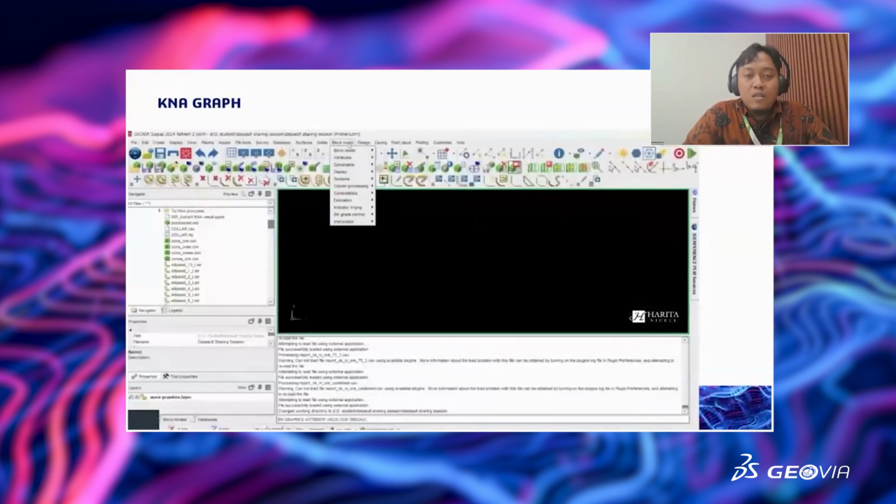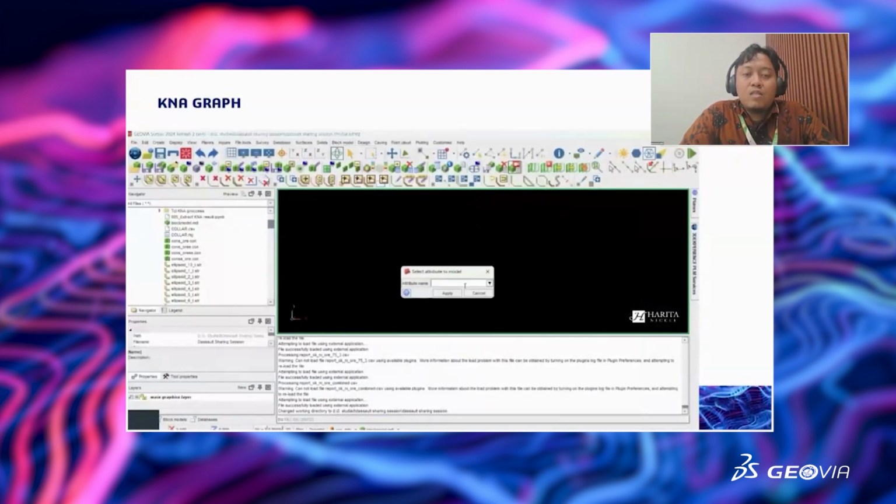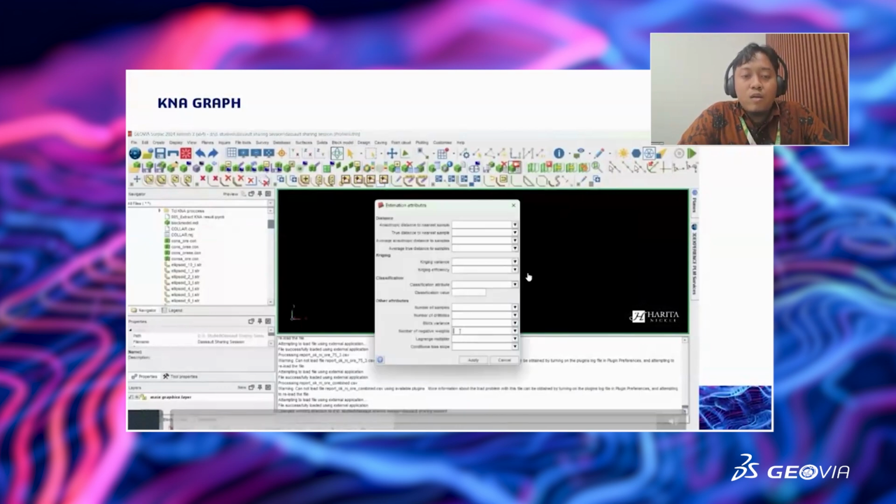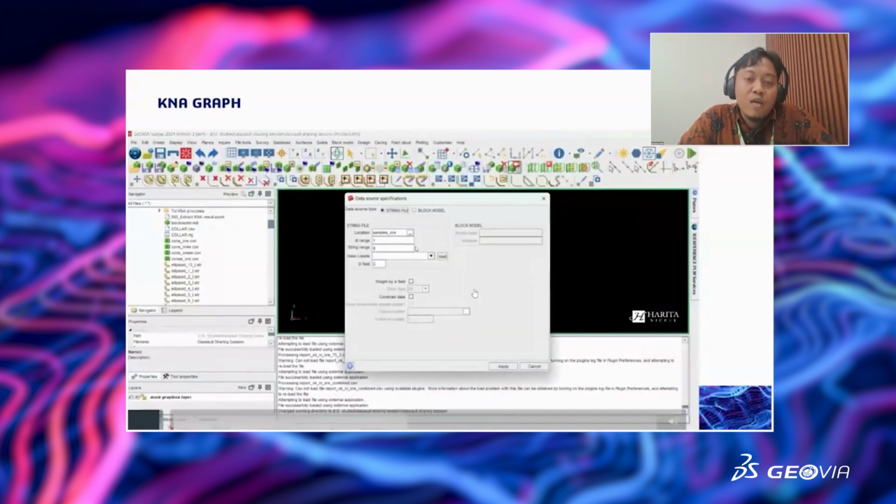So yeah, that one is just a case, because for ordinary kriging here we can take a look at a lot of estimation parameters, such as the block variance, number of negative weights, Lagrange weight, something like that.